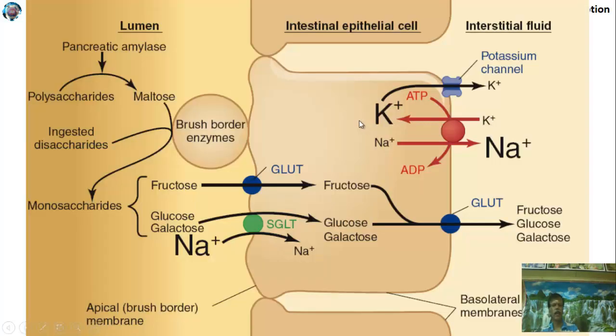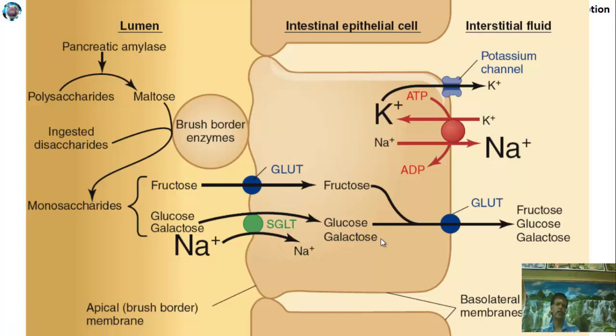So next slide. This slide clearly indicates how the digested material, monosaccharides, is going to be absorbed through the intestinal epithelial cell. That is what we are going to see from this particular slide. You can see that the digested fructose, glucose, galactose: the fructose is absorbed through a glucose transporter, whereas glucose and galactose are transported through the sodium glucose transporter, where the glucose molecules are transported inside the epithelial